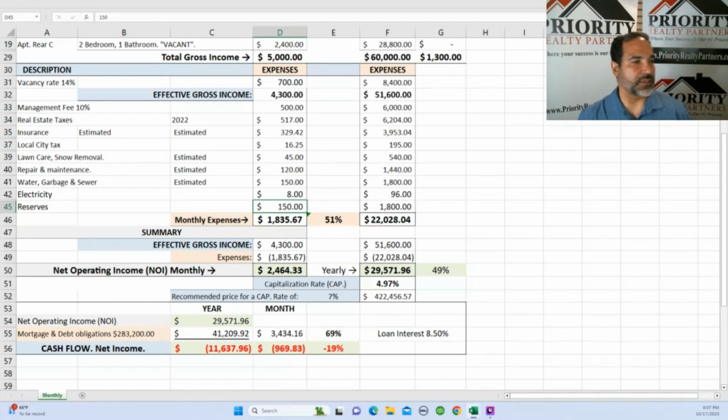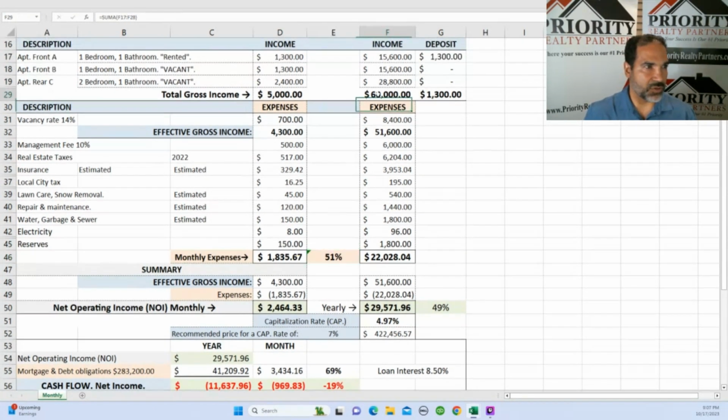Some investors don't like to calculate their reserve. It's a smart thing to do every single time, because you're going to have eventually to replace the roof, air conditioner, appliances, and things like that. And you need to allocate some funds. So when it's time to replace those items, you have the funds there, or at least most of it already there. According to this, 51% of the gross income